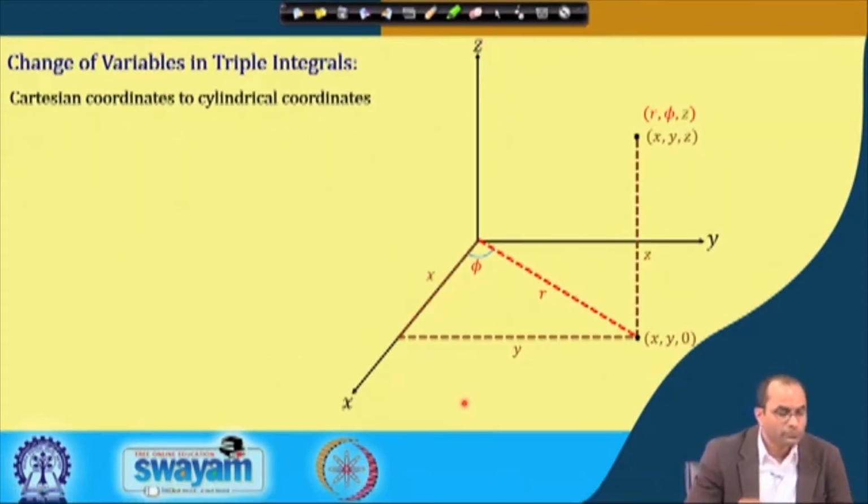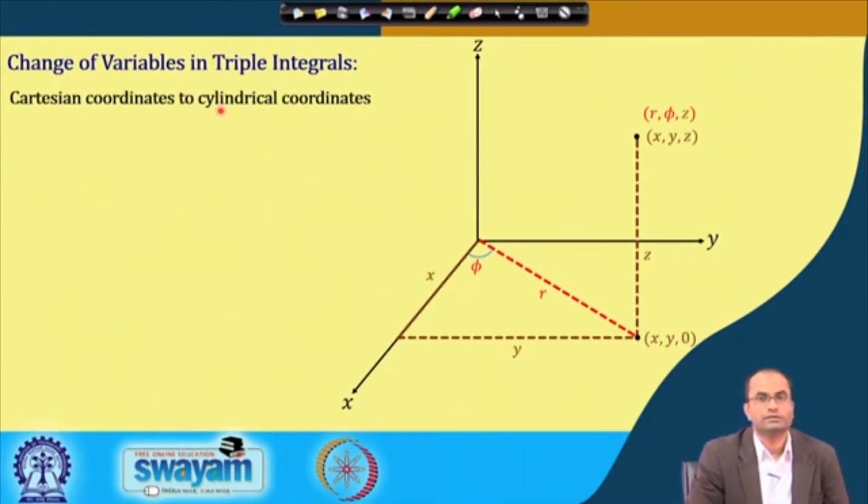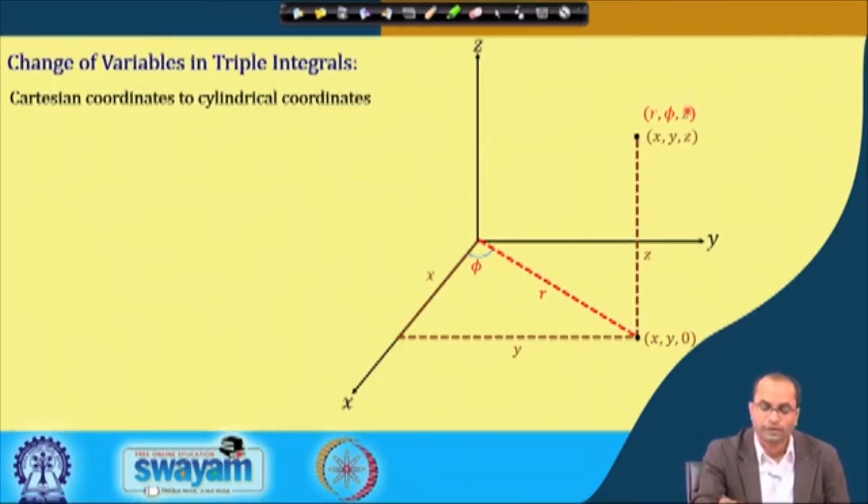So, now the Cartesian coordinates to the cylindrical coordinates. Again, the representation for this point (x, y, z) in the Cartesian coordinates will now be represented in the cylindrical coordinates by r, phi and z. So, again this triplet with r, phi and z. So, z is precisely the same as it was in the Cartesian coordinates. So, the distance from this point to the perpendicular drawn to the x y plane, that distance, the third member of this